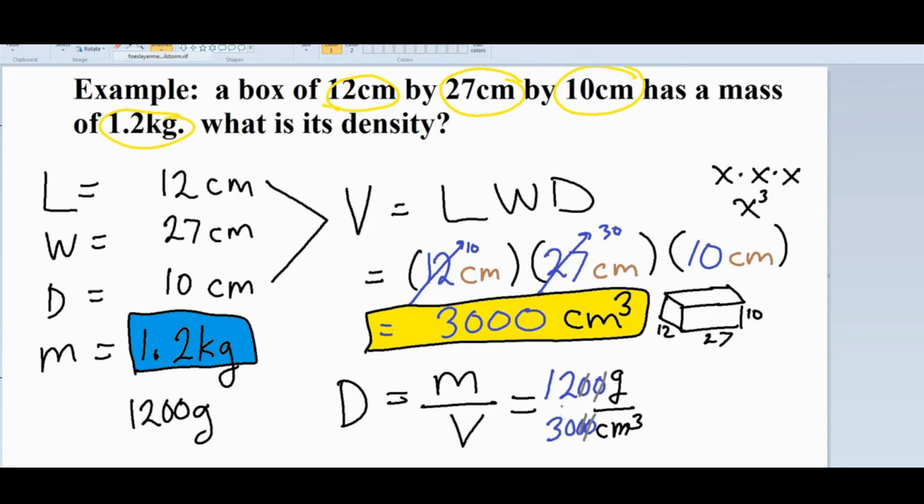Okay, 12 and 3, common denominator, there are 10 threes, and there are 4 in here. So I'm getting an answer of 0.4. So my final answer seems to be a density of 0.4